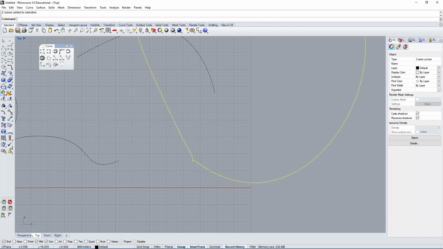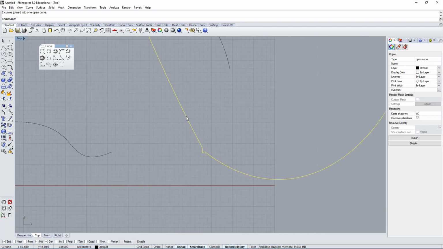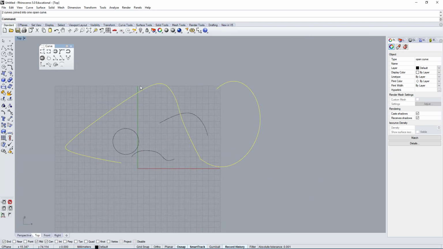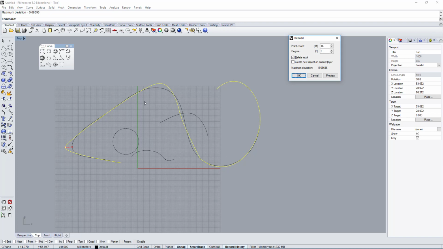So let's join it and let me show you how to do the exact opposite and create a smooth transition in between the curves. We saw we could use the rebuild tool, but it's going to have a great amount of change on such a curve. If I use rebuild, you will see the curve now is completely different, and if I keep the number of point count the same, it's still pretty different. It's making a lot of change to this curve. So let's not do that.